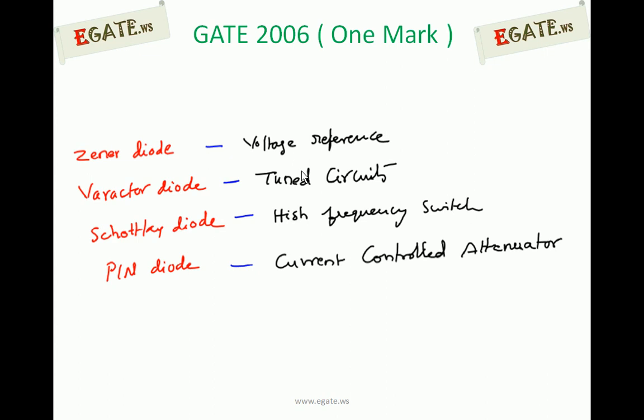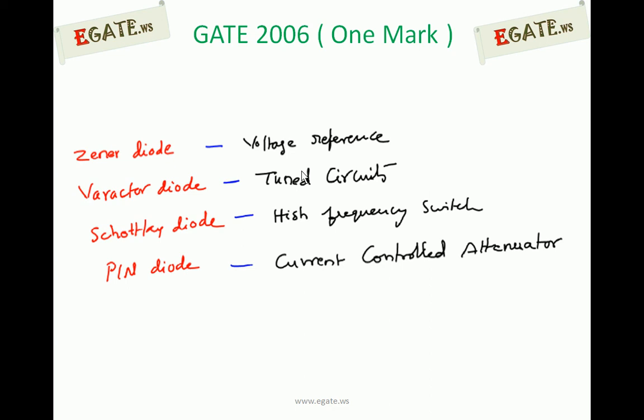Next one, Schottky diode. Schottky diode is a metal semiconductor diode whose cut-in voltage is around 0.25 volts. Whenever this diode is placed between collector and base of a transistor, the transistor is treated as a Schottky transistor, which never goes into saturation because VCB is equal to 0.25, which is nothing but the cut-in voltage of the Schottky diode. Never going into saturation means the transistor acts as a switch, switching between cutoff and active regions only, so it operates at high speed. So this will be used in high frequency switches.